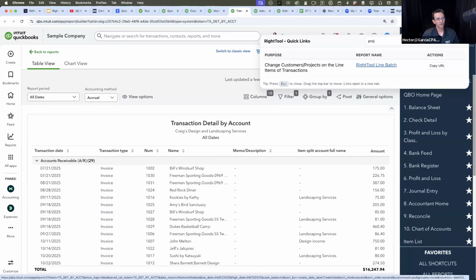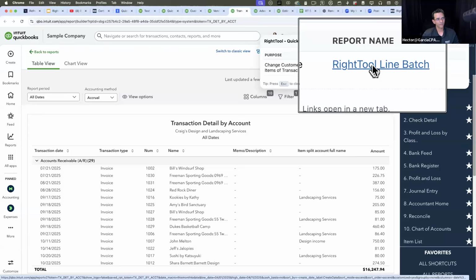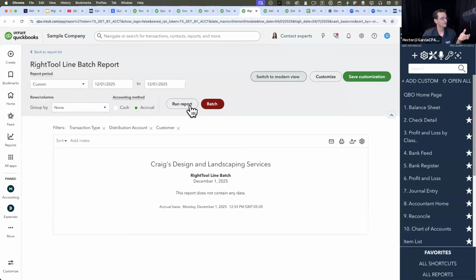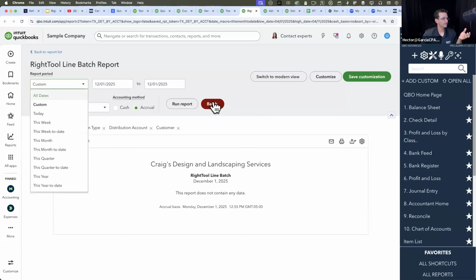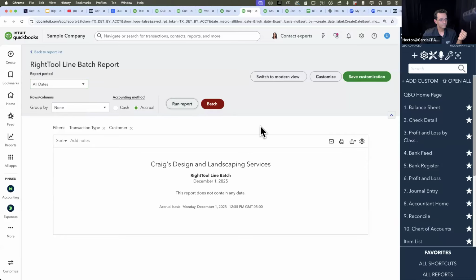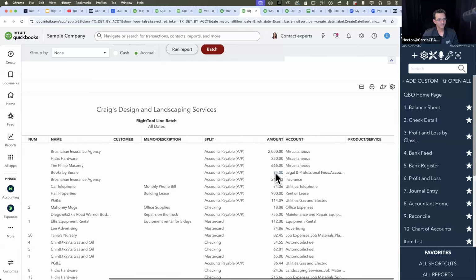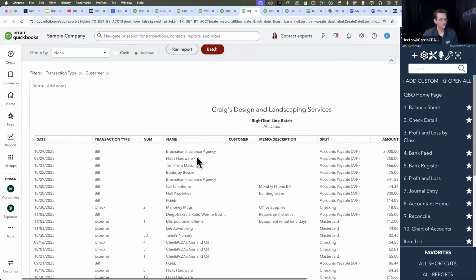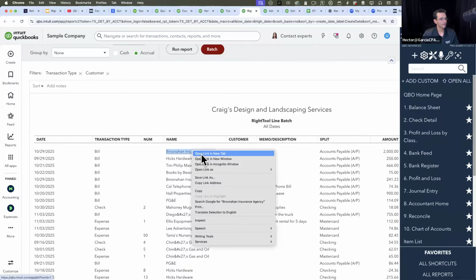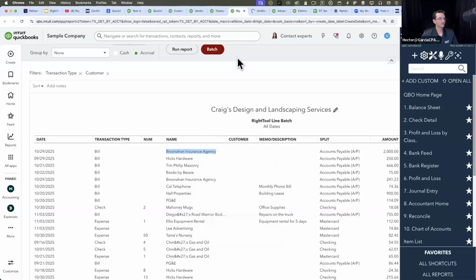So we're going to click on the RightTool line batch report. This will show you a bunch of expense transactions. Let's just do all reports and all dates here. In this particular case, these are transactions that are missing a customer job. If I open up one of these in a new tab, just so we don't lose the report here,